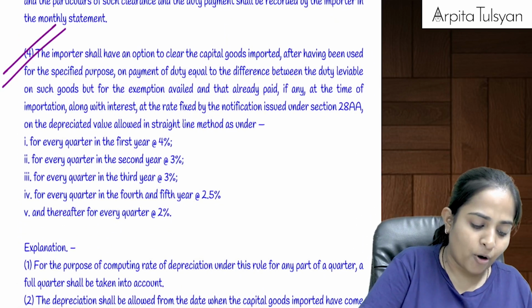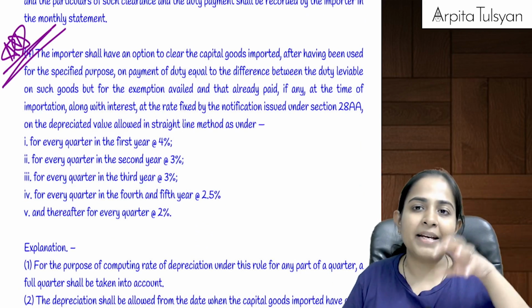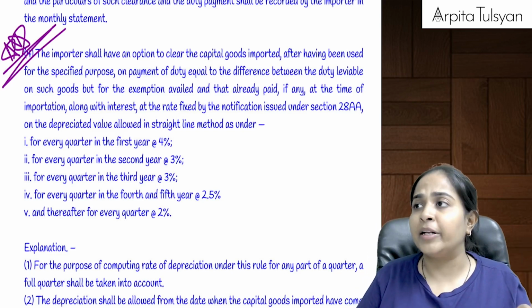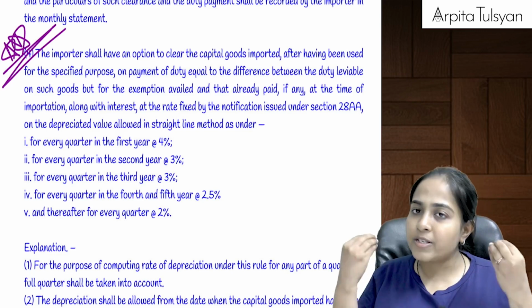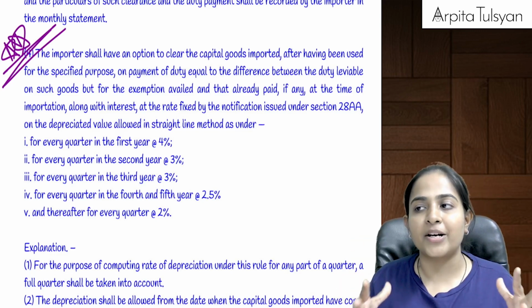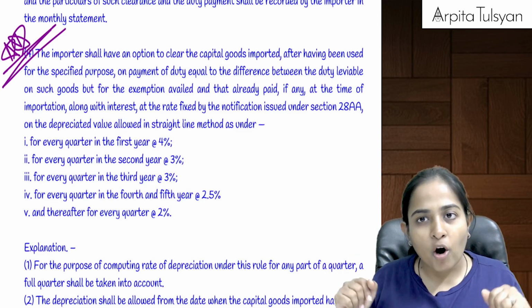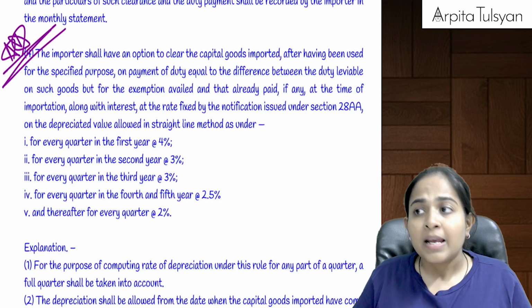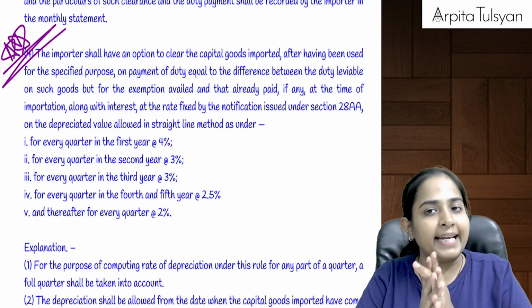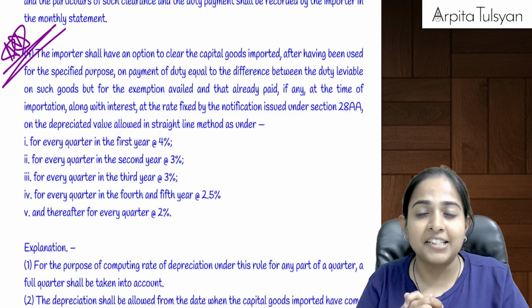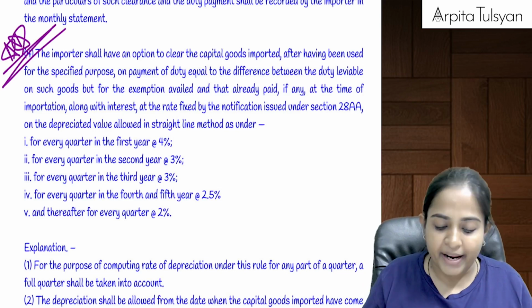Now, the next important point from exam point of view is, let's say I had imported some capital goods, let's say for making masks, or for making sanitizers, etc. I used that particular machinery for the specified purpose first. Now capital goods have long life. Now the specified work is done. Can I clear it for home consumption, for using it for other than the specified purpose? Yes, definitely. But can we say now the government will ask differential duty on the same?